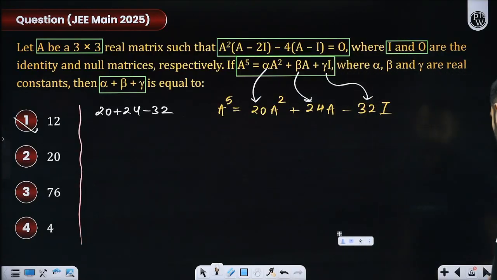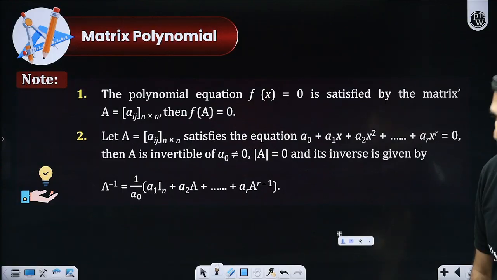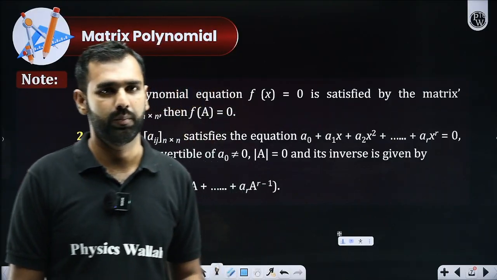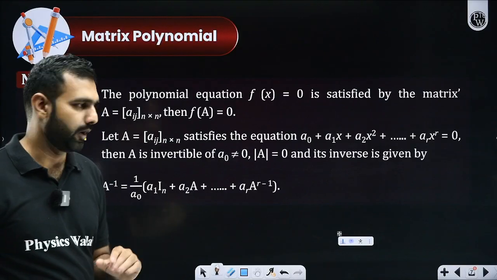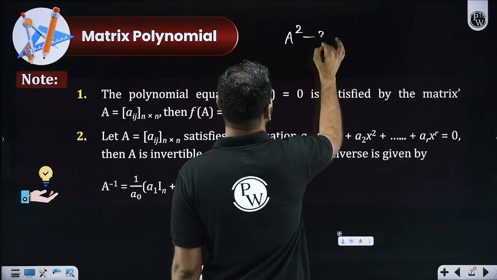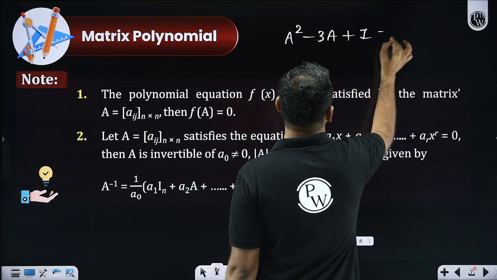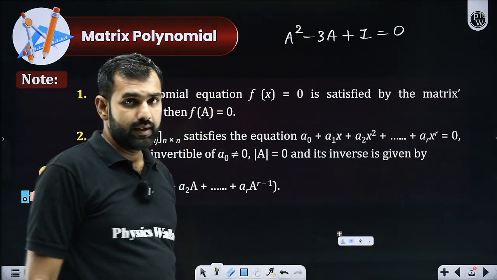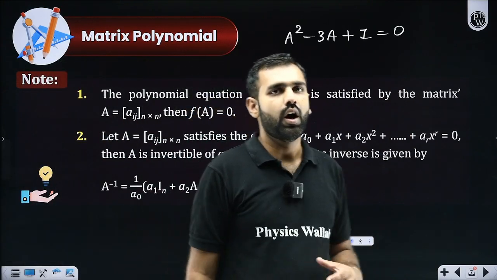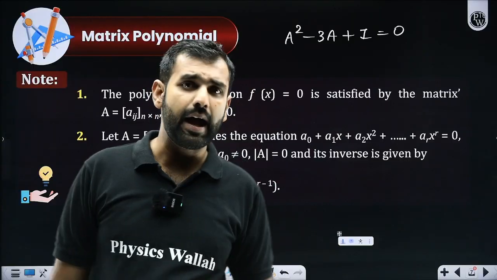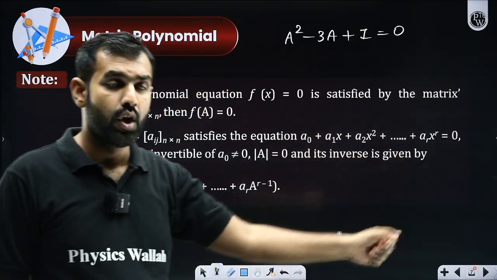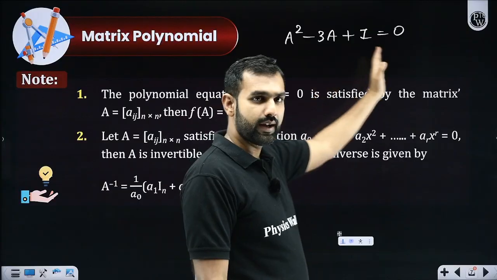Now with this, let us move ahead and get more clarity on matrix polynomial. Sir, what is the advantage of having a matrix polynomial? What is the point of having a matrix polynomial? Why are we doing this? Okay, let me give you a simple example here. Let's say there is a matrix polynomial which is given by a square minus 3a plus I is equal to null matrix. Let's say without even giving that matrix A, or without even finding a lot of information about that matrix A, I know that there is a matrix polynomial which this matrix A satisfies, which luckily happens to be a quadratic in our case right now.